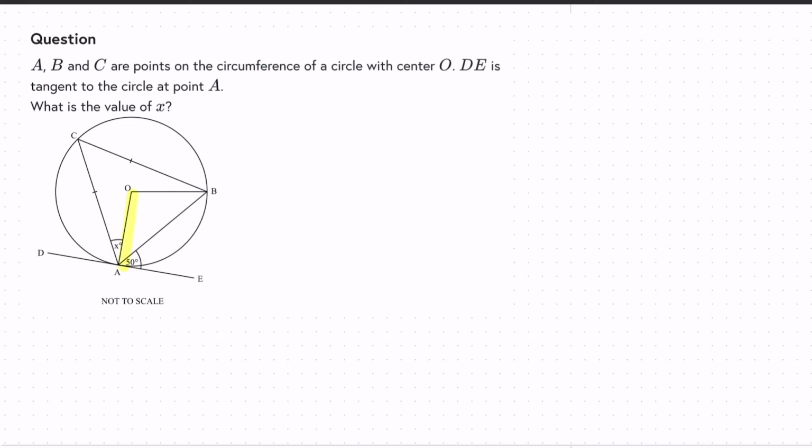And where the radius meets the tangent, let's just draw a different circle here to keep this in mind. This is going to be a right angle. So 50 plus whatever this is, and let's call this y, because why not? 50 plus y equals 90